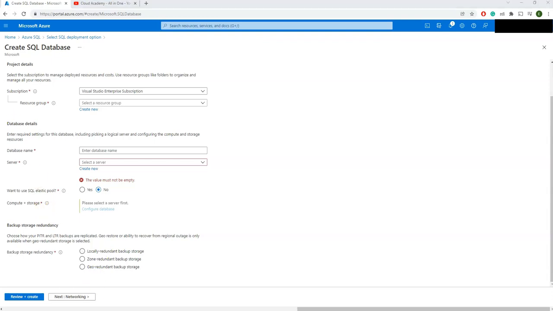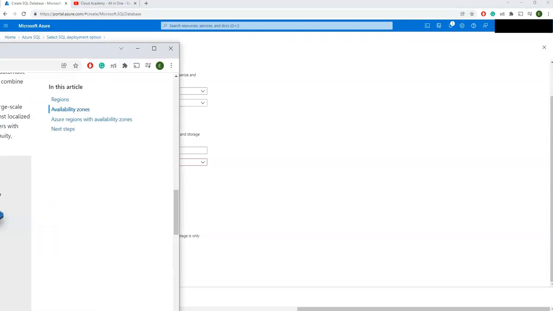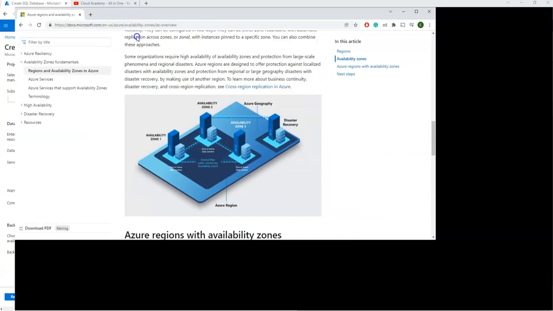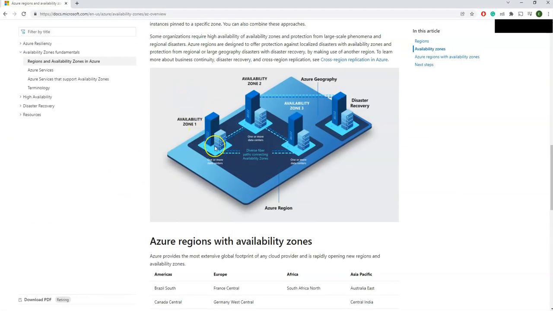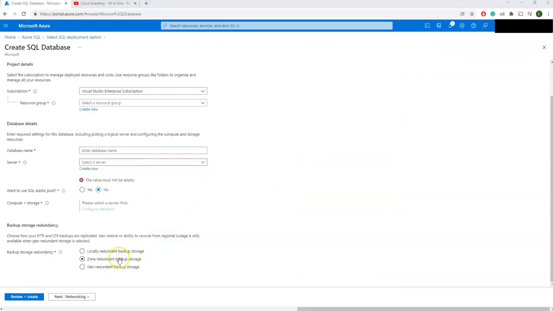Just to understand a little better the availability zones under the regions, I'm showing you this Microsoft link. For example, you have one data center here. There are three availability zones within the data center. If you want to take a backup, that is locally redundant. If you want to take a backup in the other data center, which is like an availability zone, then that is a second option, which is coming here, zone redundant.